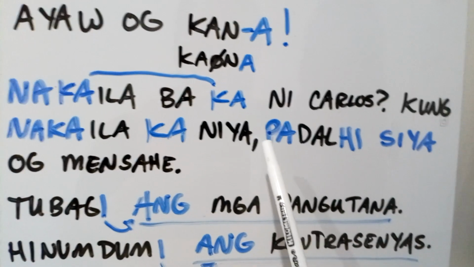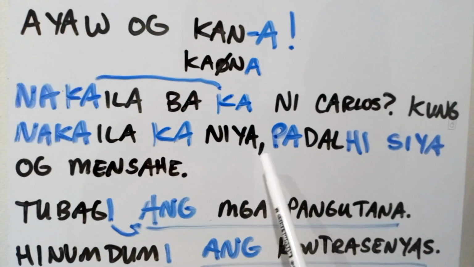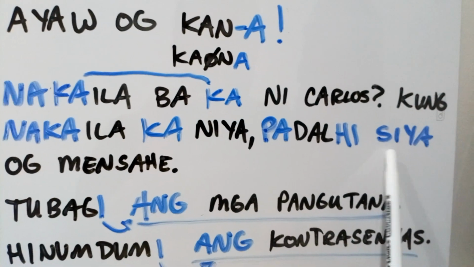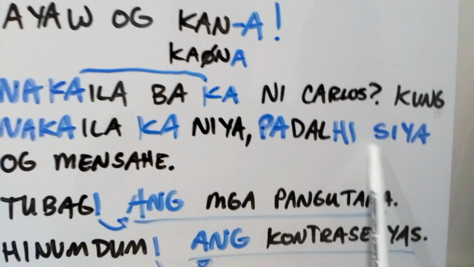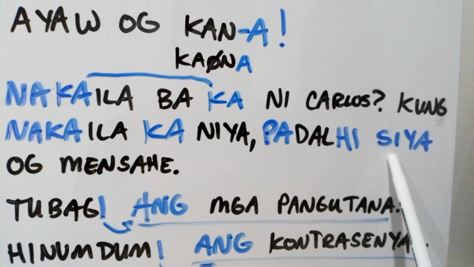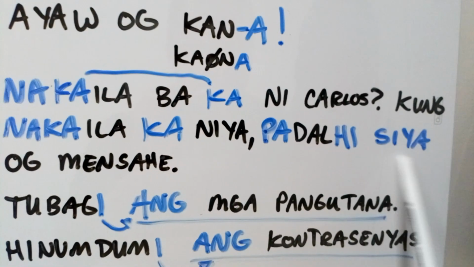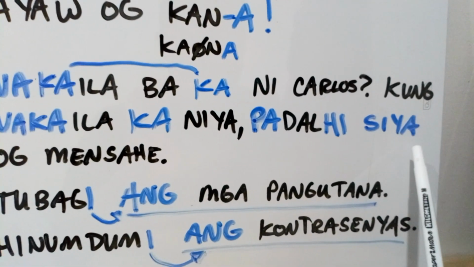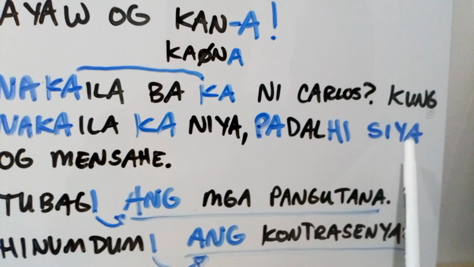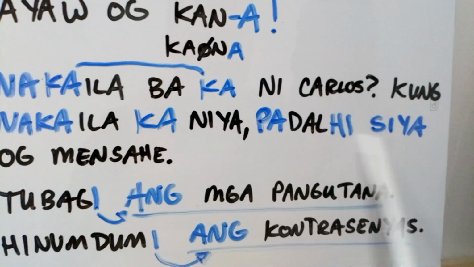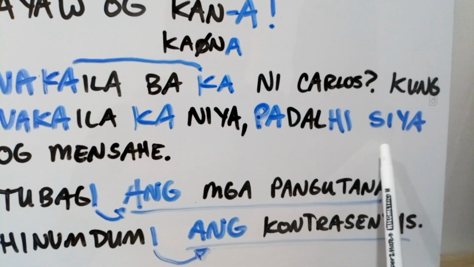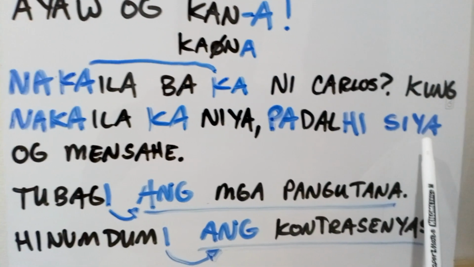Now in this next clause after the comma, we don't use niya anymore. We use siya. All right. Because this padalhi now refers to this object. So we're talking about the person. Carlos now is the focus. He is the one that's going to be receiving a message. And what's going on? We can translate padalhi siya og mensahe as bring him a message. But literally it's closer to say he is the one that will be brought a message